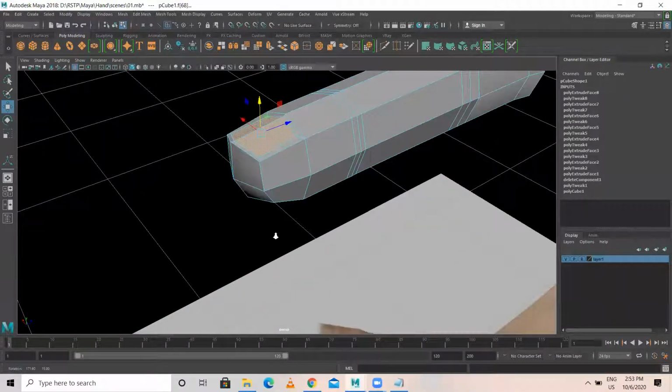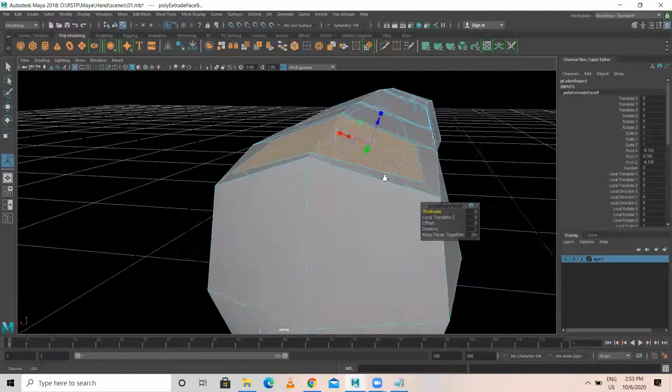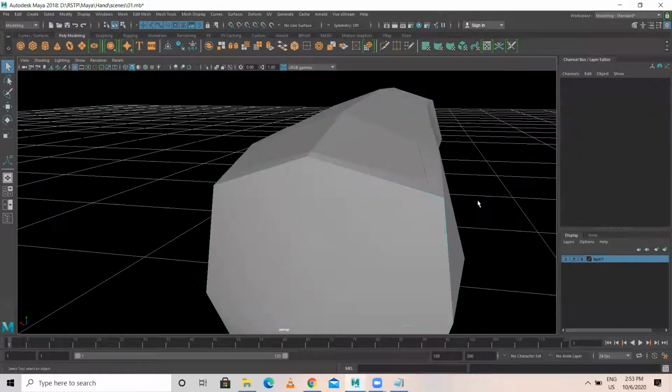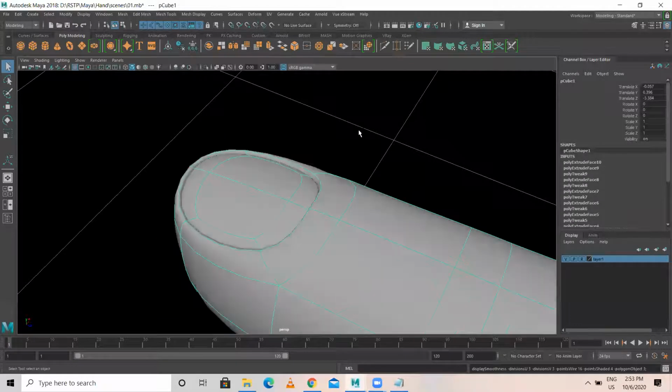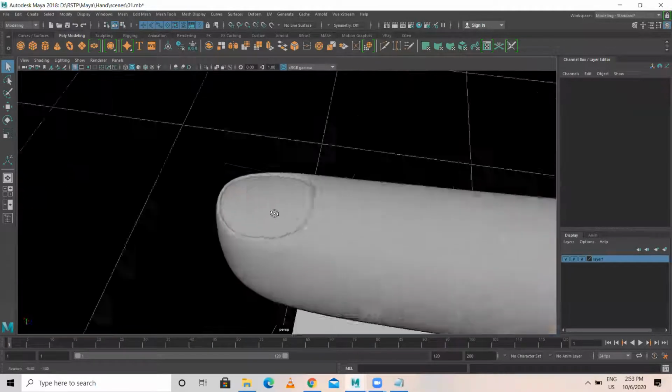I'll do it in perspective. Extrude this. This blue arrowhead is there, no? Just push this down. Extrude this again. The same blue arrowhead, lift it up to here. Okay. So now select this, press 3. Got your fingers, right?